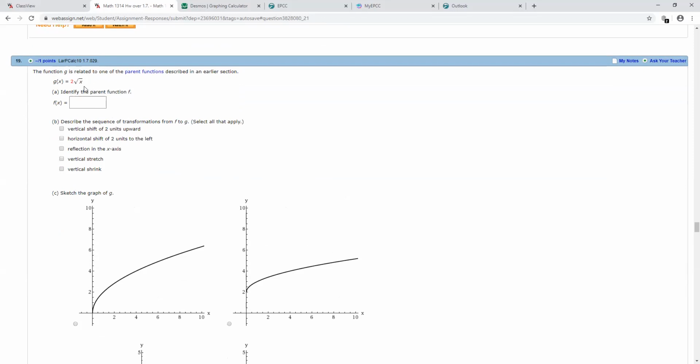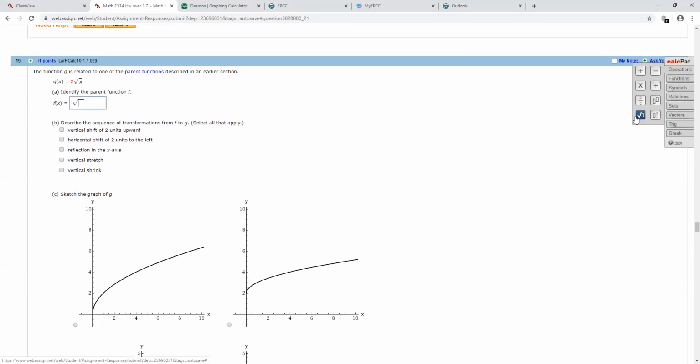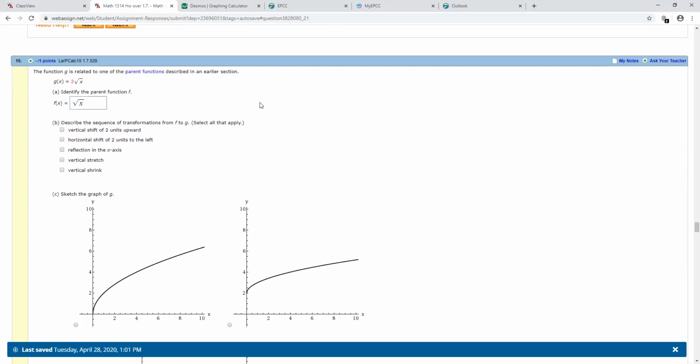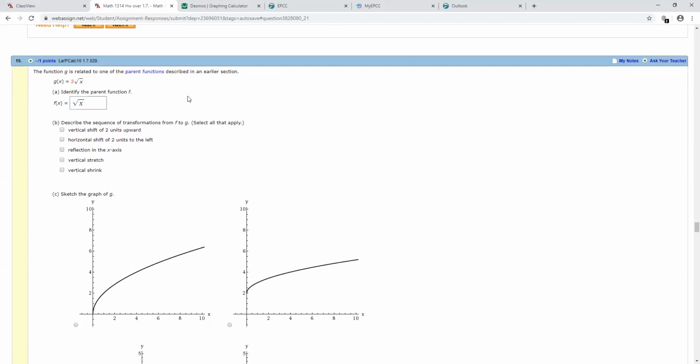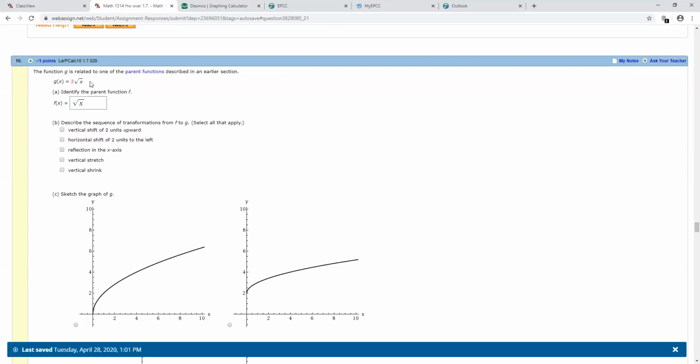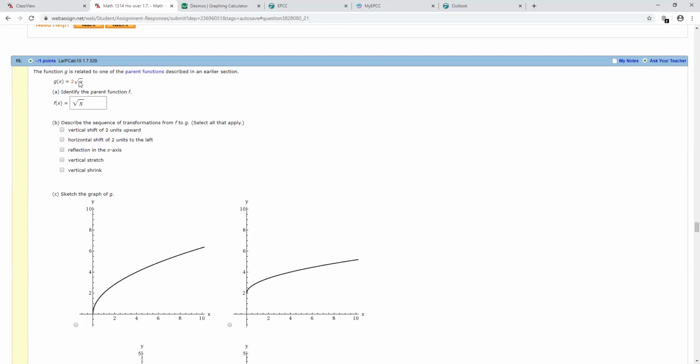This must have come from what original basic parent function or basic function? From the square root? Good. So we're going to type square root here. Okay. And then are we multiplying? We are multiplying by a number,